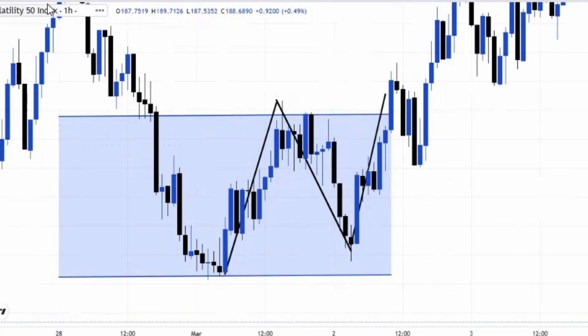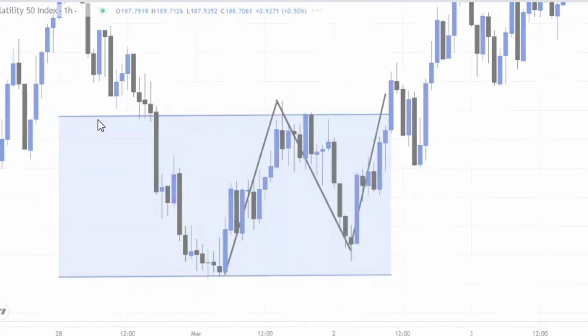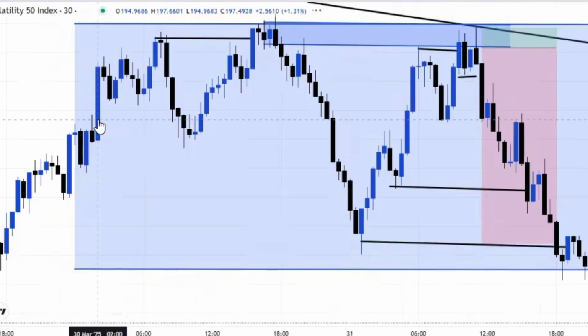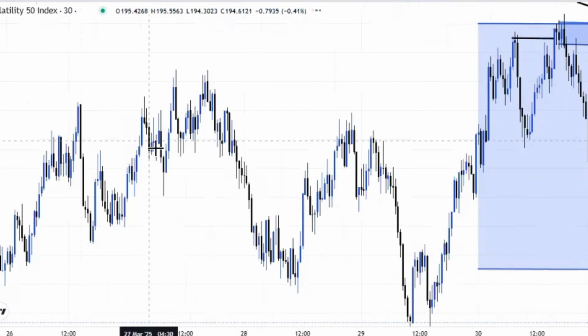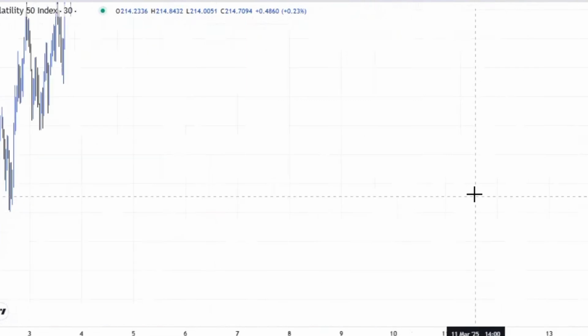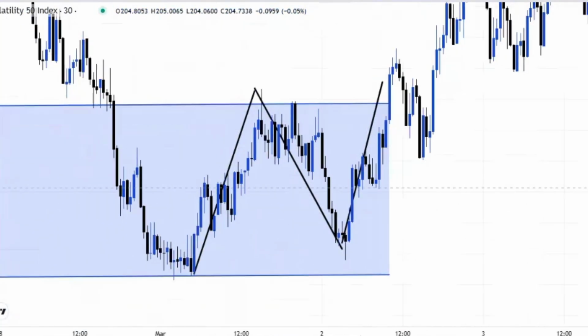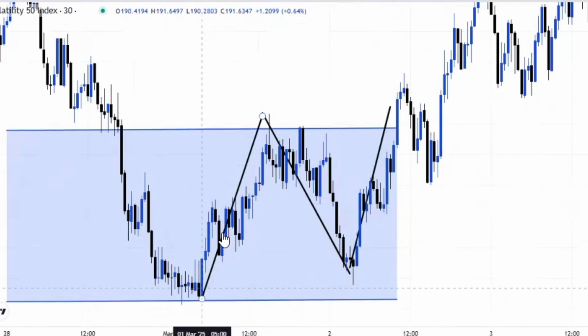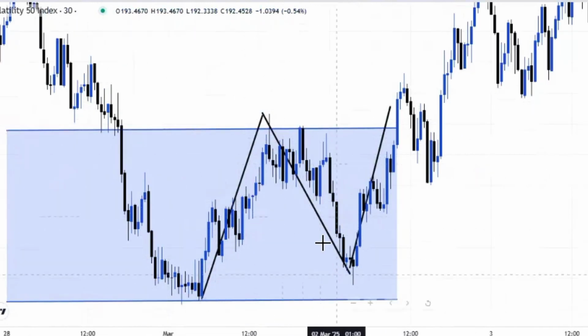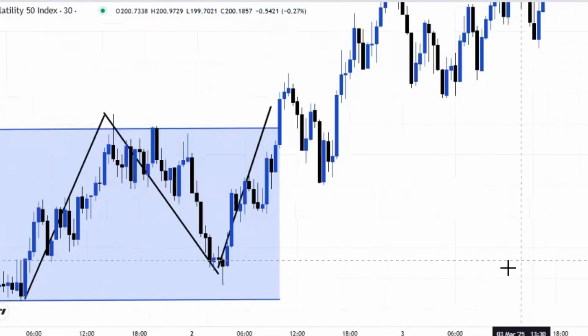Now we'll go to 30 minutes because we have seen the structure that the market is creating. Now let's go to 30 minutes or 15 minutes, any of the time frames. So 30 minutes, let's see what the market is doing on 30 minutes. Okay, now here we have it, guys. Can you see this now? The market created this move, came down, and created this move again. So like I said, we saw a structure.